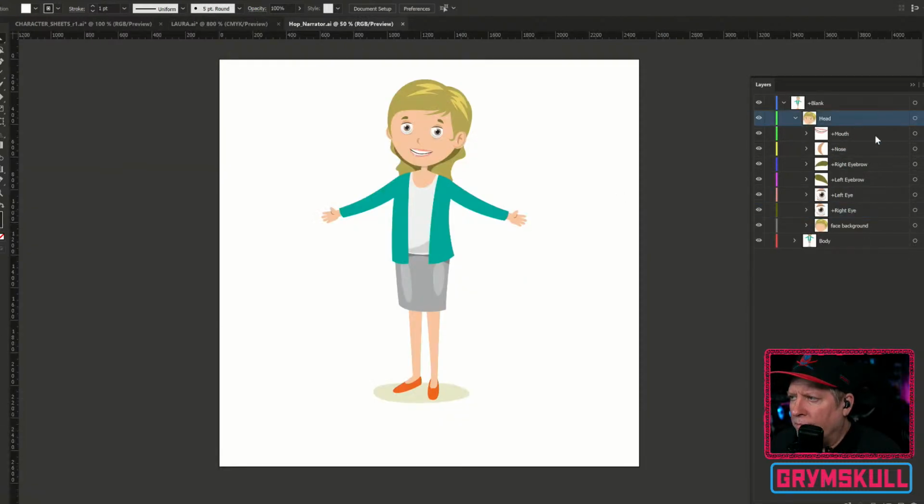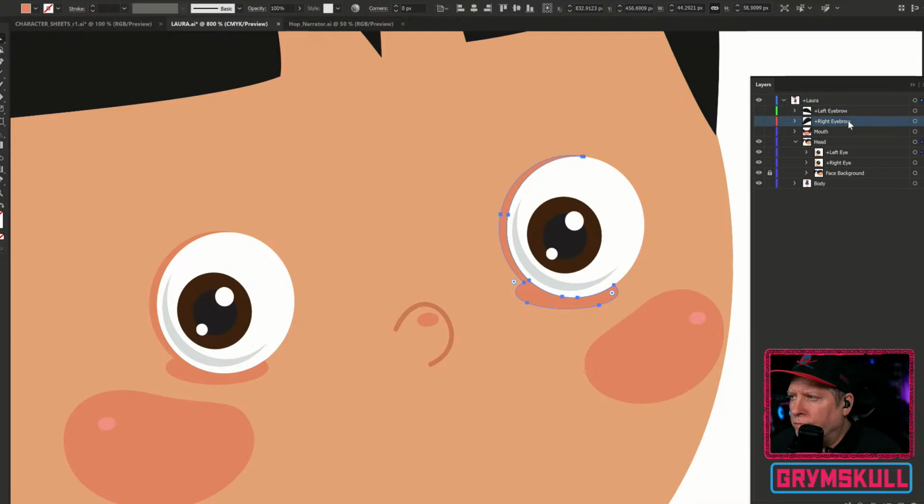Because the head has a mouth and then the eyes and the eyebrows. Where did our eyebrows go? We're going to take those, stick them in the head. Got to make sure you can see them.